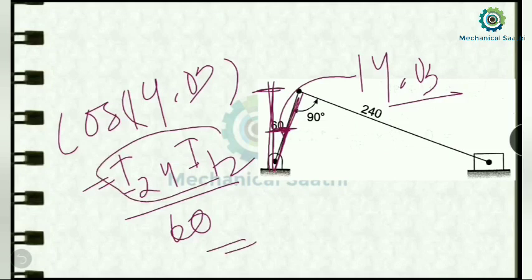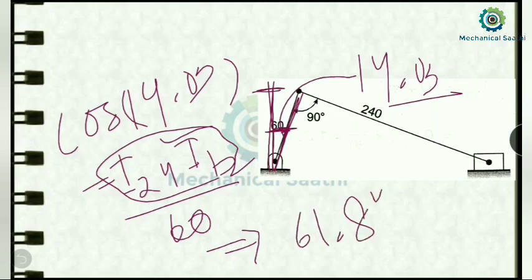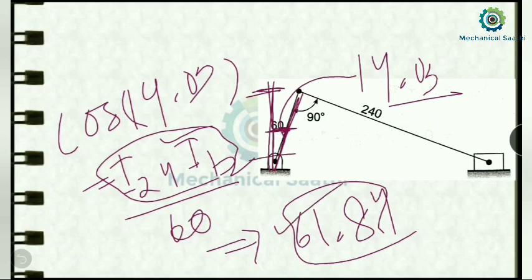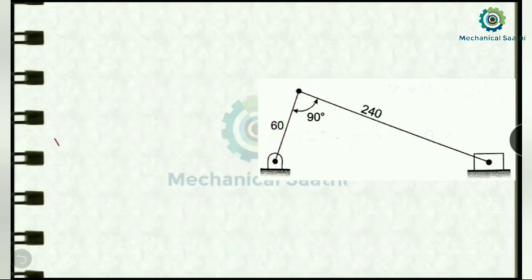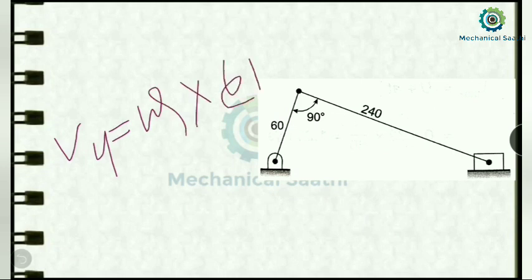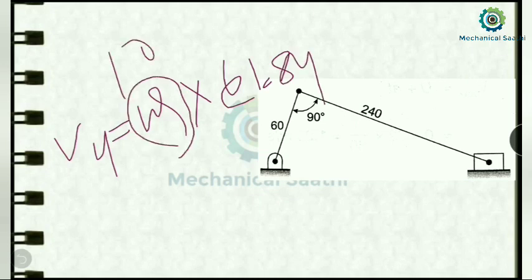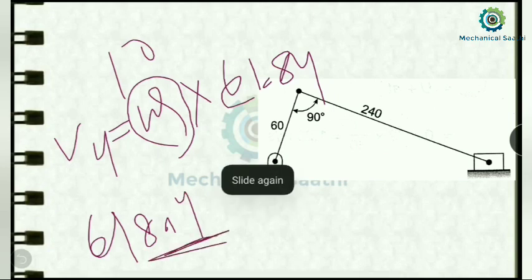So from here we can calculate the value of this one. Let me calculate this value, so we'll be getting 61.84. So this distance we can calculate, that is 61.84. Then simply we need to put in the V4 formula. So V4 was equal to omega into 61.84, then omega was given as 10. So simply if we multiply this, we'll be getting 61.84, and it is given in